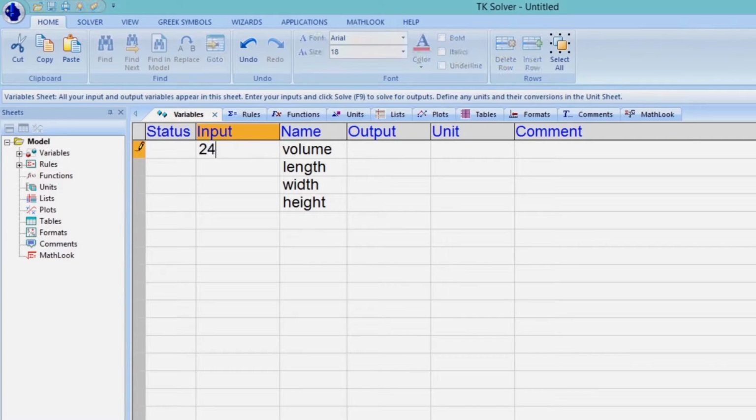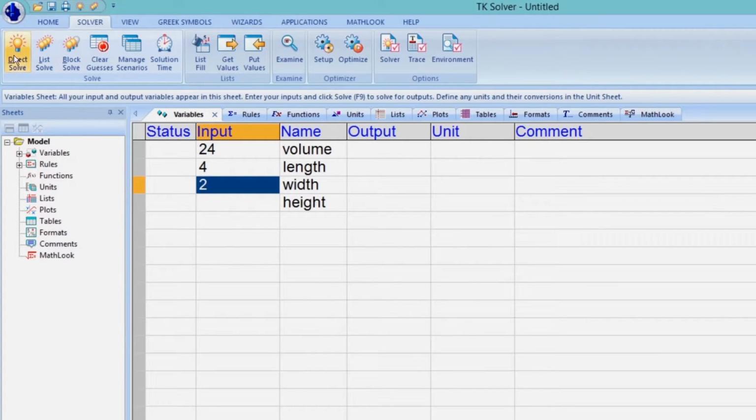Let's enter some sample values into the input variables for volume, length, and width. Notice how we did not put any values into the input for height. We are now going to use TK Solver to solve for height using the numbers we entered into the cells on the input column. You can find the light bulb icon for direct solve in the Solver tab of the ribbon menu. Click on the light bulb icon to solve the equation for the unknown variable, or height, in this